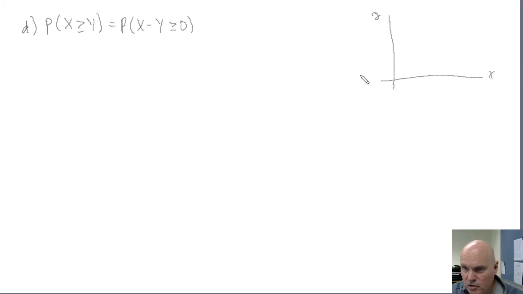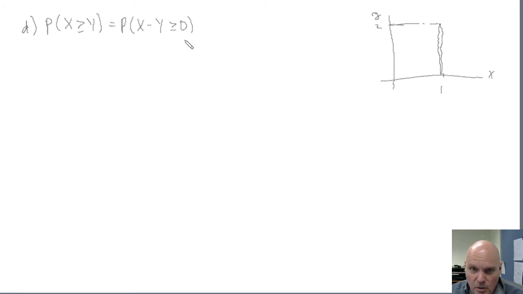I'm not going to try to do the 3D sketch of the surface that lies above the plane here. Sorry about my crooked axes, but this is the region above which the marginal PDF is non-zero,